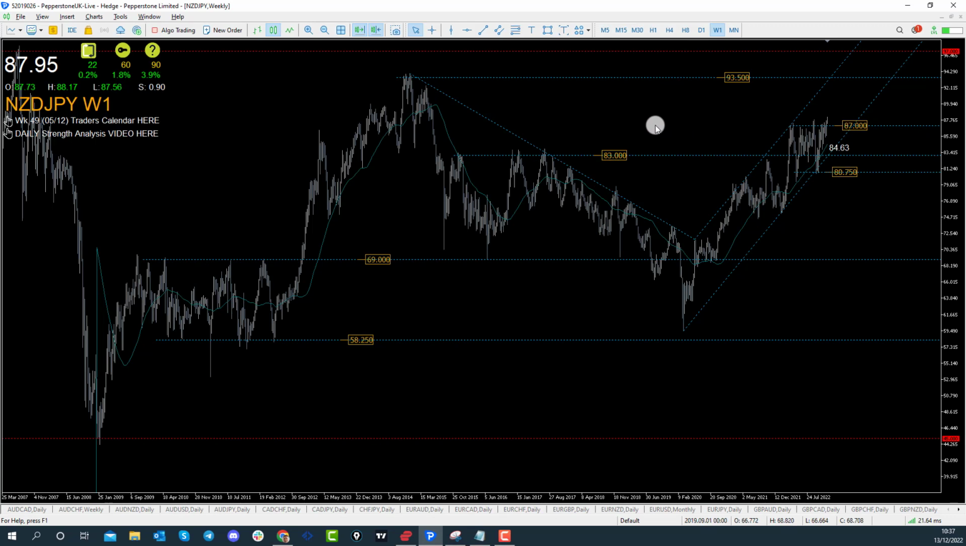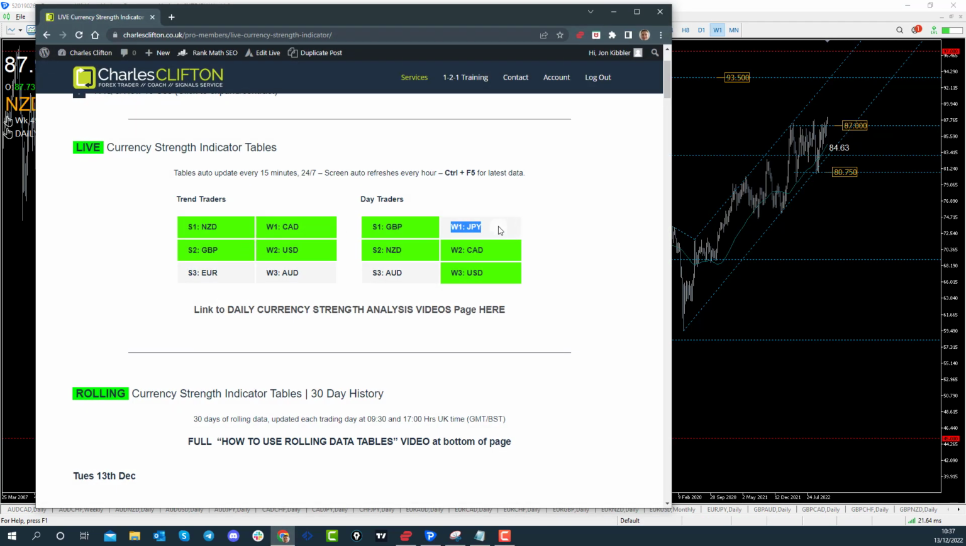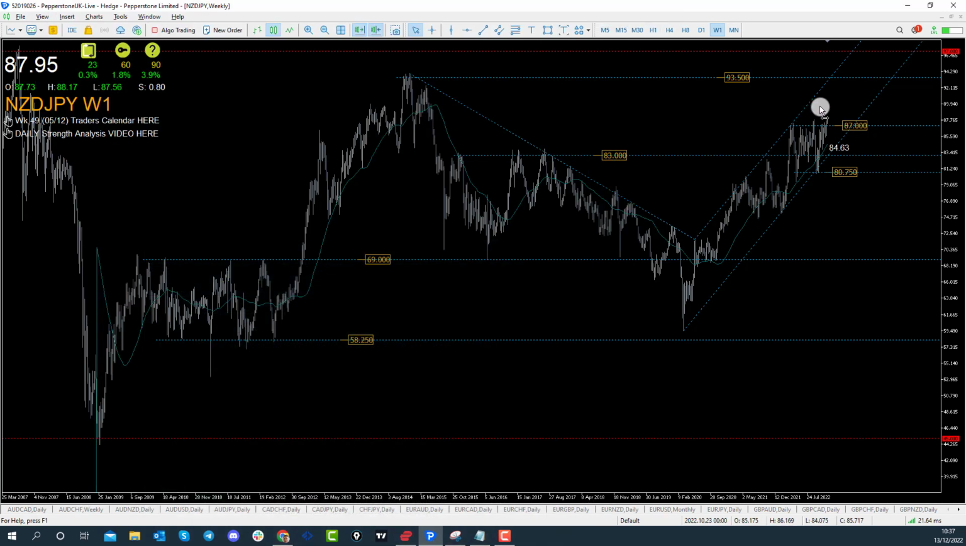The reason why I'm kicking it off with Kiwi yen is because it is noted on the currency strength indicator tables. The only difference is the yen isn't highlighted. Usually we focus on the highlighted currencies in the video, but the yen isn't highlighted, however, it is starting to show some weakness because we can see here on this weekly time frame of Kiwi yen that